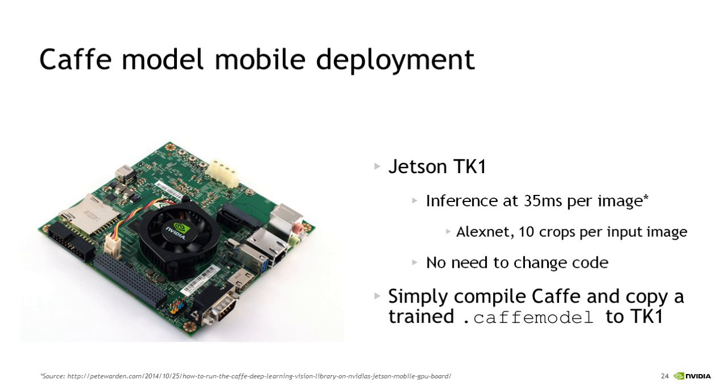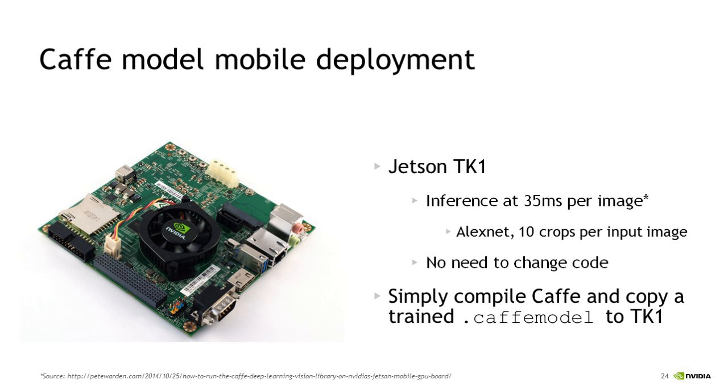I previously mentioned that these Caffe models, once trained, are quite compact and that they can be easily transferred to different hardware and operating system environments. One good example of this is the NVIDIA Jetson TK1, which is a mobile GPU-based development platform. You can take a Caffe model that you've trained maybe in your data center, maybe on your laptop, maybe on your workstation, and you can copy that Caffe model file across to your Jetson TK1,